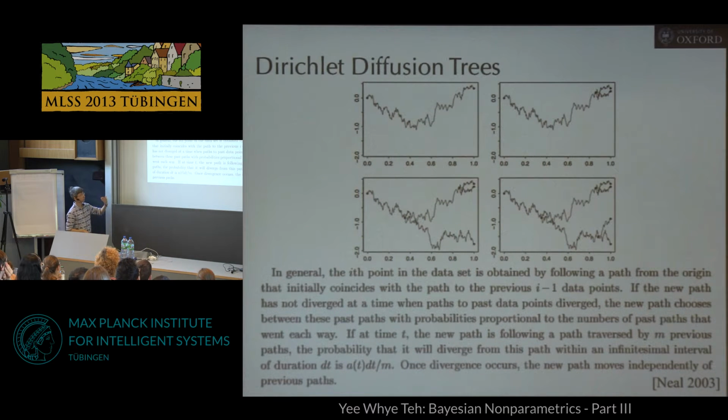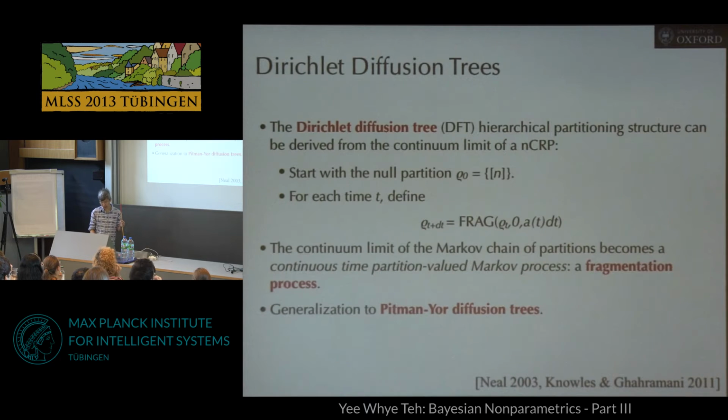Okay? So that's like the overall generative process. I haven't really given you all the details about the probabilities for each particle splitting off and such. But what you could see in this paper is that this Dirichlet diffusion tree model also has a very nice exchangeability property as well. Okay. And actually what you could show is that the Dirichlet diffusion tree can be shown to be a continuum limit of a nested Chinese restaurant process,